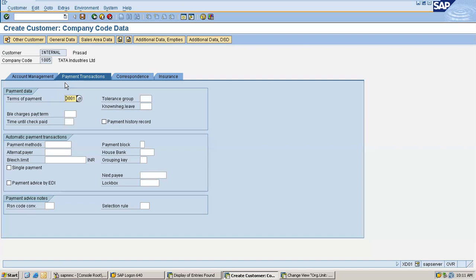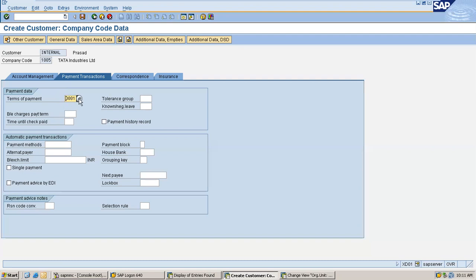That means I'm irregular. I'm not a regular customer to them. So any retail business, they don't give credit sale. There is no credit. It is all cash and carry, right? So if your business is retail, then you have to maintain payment terms as 0001. Okay. We'll talk about this retail business later.